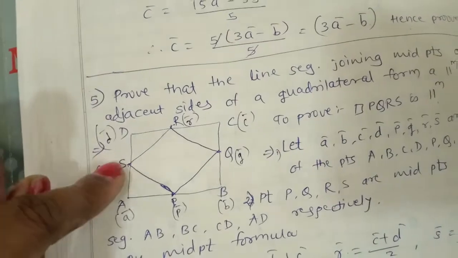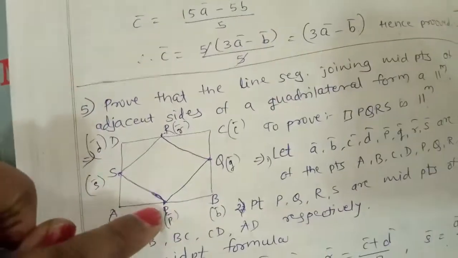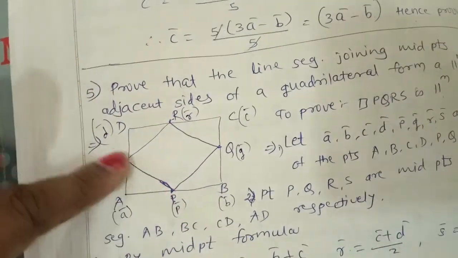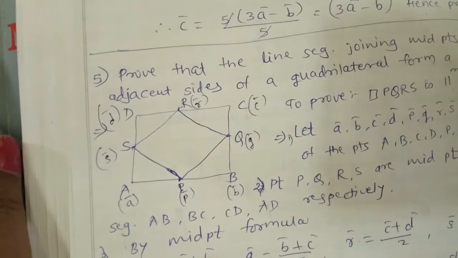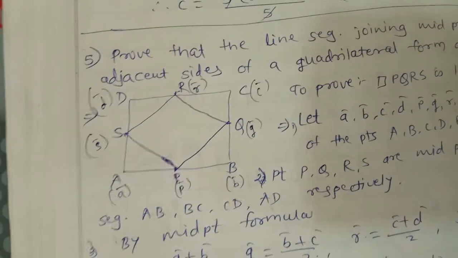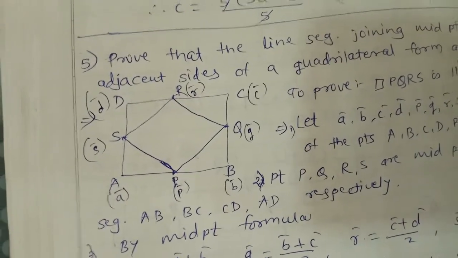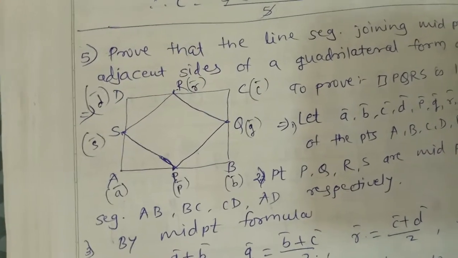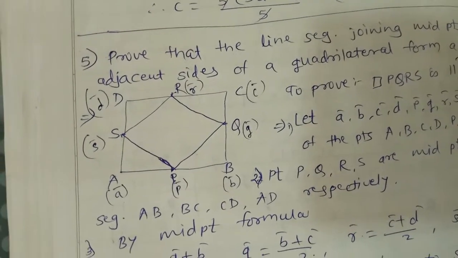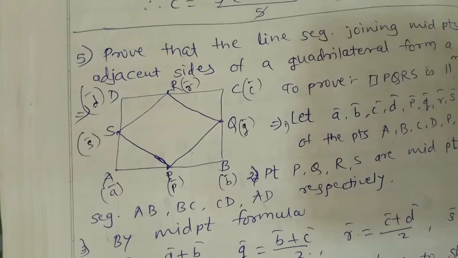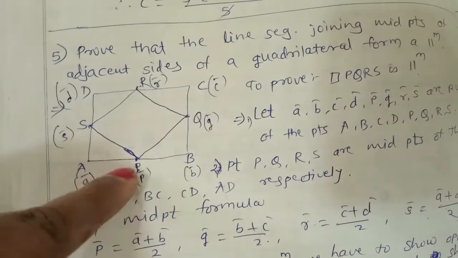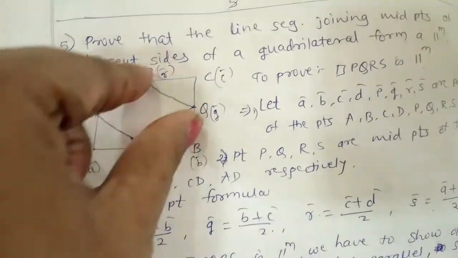So see the direction. Whenever you take SR, you have to take PQ. So we have to show that PQ and SR are equal, and PS and QR are equal. So I repeat, whenever we have to prove that PQRS is a parallelogram, we have to show that opposite sides are parallel. And to show that, we have to show that the opposite vectors are equal. If vectors are equal, then they are in the same direction. So I am going to take SR and PQ first, and show that these two are equal.